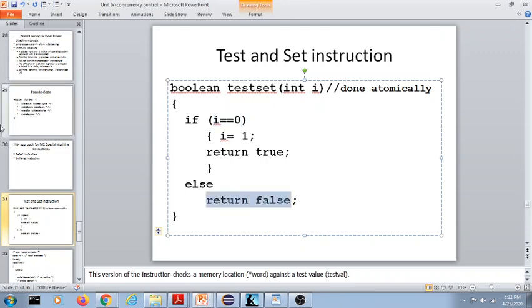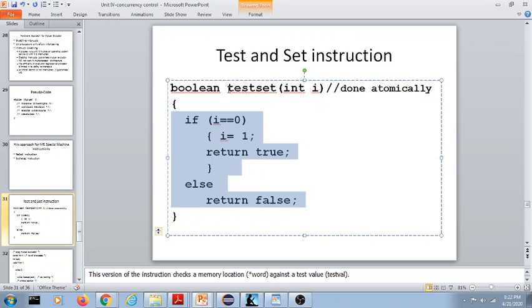So where will all these things be returned? They will be returned to the process. And how? The process has to use a test and set instruction. Whenever the test and set instruction is executed, this complete subroutine or function will be executed. Now what you have to remember is that the test and set instruction is an atomic, or indivisible, instruction. Indivisible means whatever code is behind that test and set is executed indivisibly. No one can interrupt while the test and set instruction or its code is getting executed.